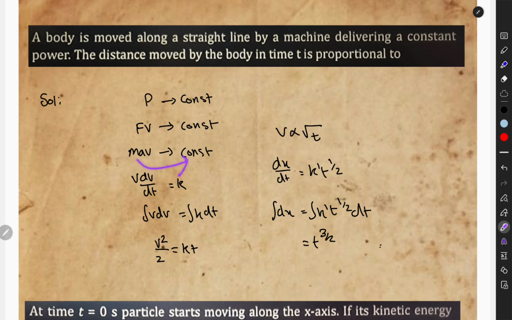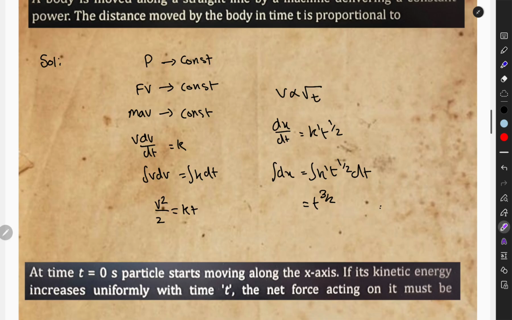Taking m on the other side, because m is constant, a constant multiplied by a constant divided by a constant will make another constant. So v dv by dt is equal to some new constant, since a is basically converted into dv by dt. So take dt on the other side and integrate both sides, and you will get v square by 2 is